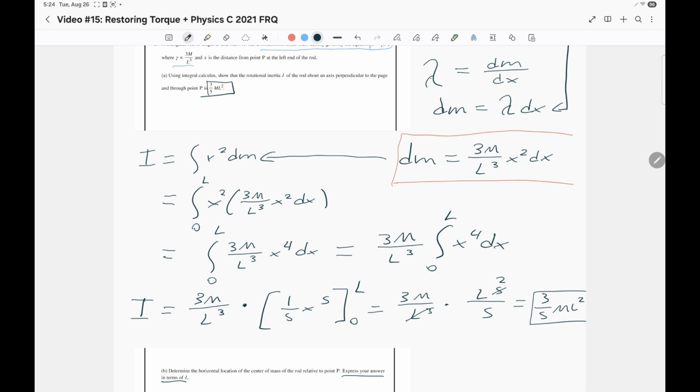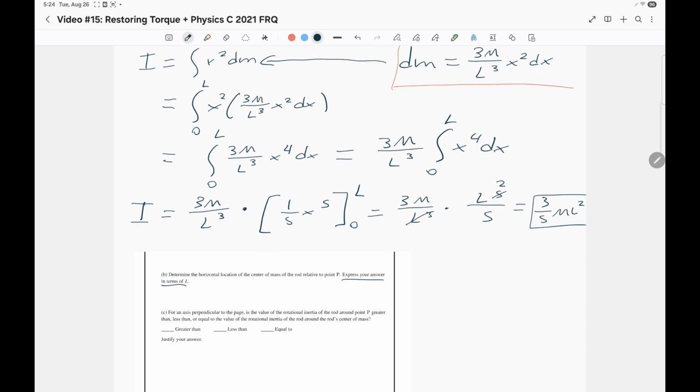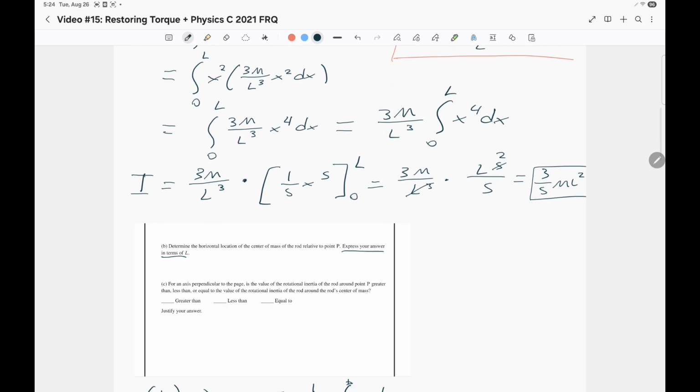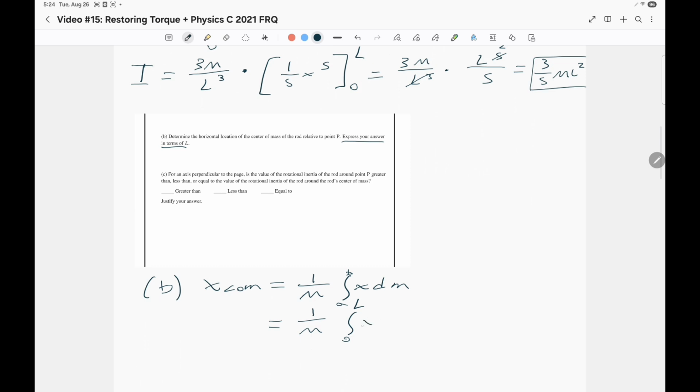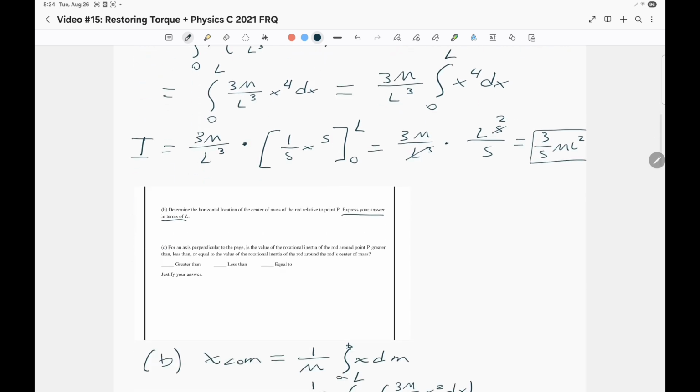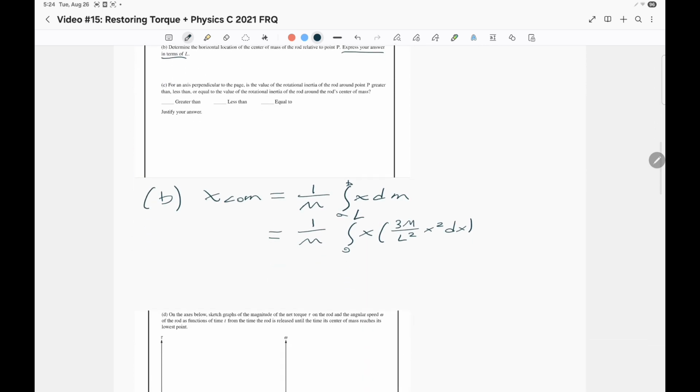So now we have 3m over L cubed x squared dx. I think that was what we had, right? Let me look again. Short-term memory. There you go. Okay. And now we could pull out